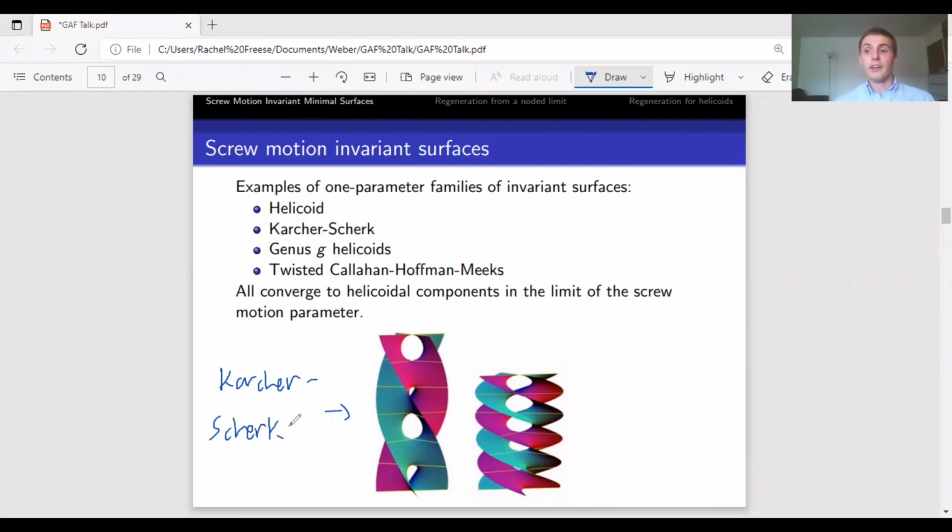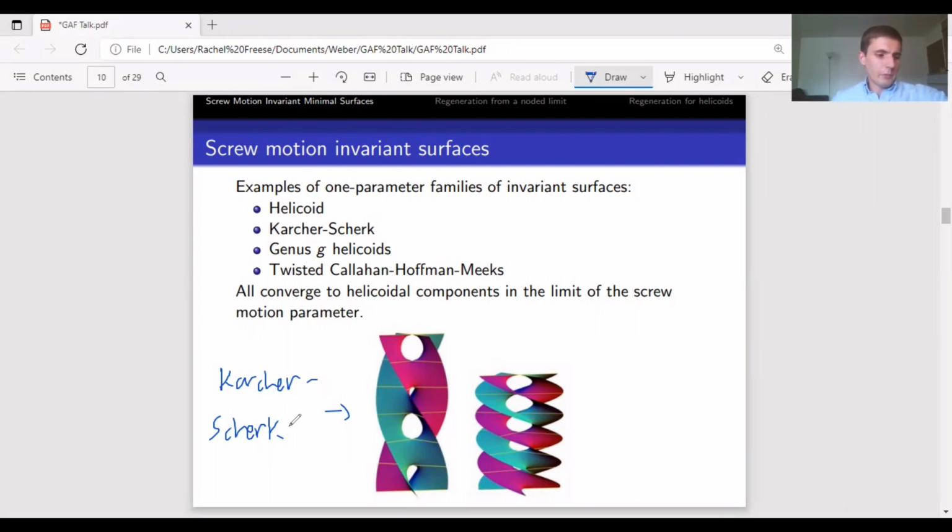Another very famous one is the genus 1 helicoid, and then an extension to that is helicoids of any genus, which I don't have a picture for. And another one is a twisted Callahan-Hoffman-Meeks surface. So these are all basically some screw motion invariant surfaces. There are a few others that were known by the turn of the century, but really that was about it